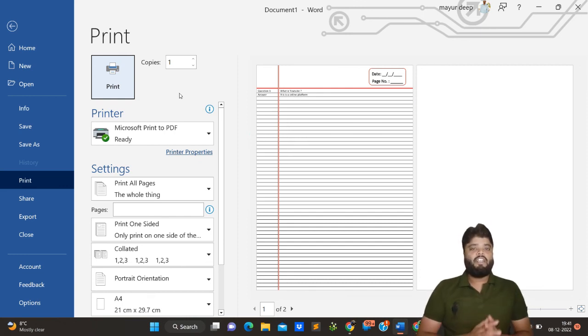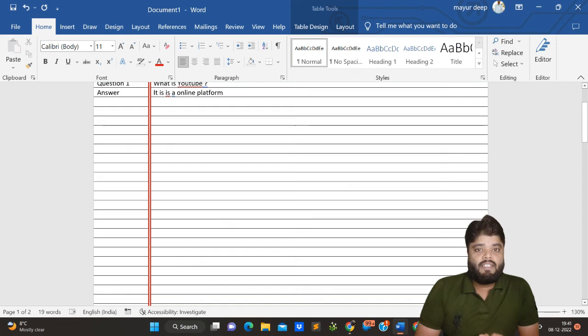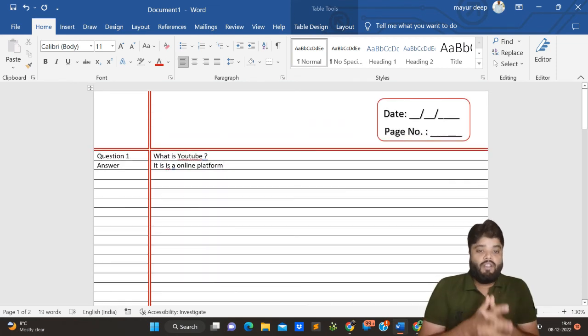So this was interesting, and I hope you guys learned how to make this notebook page using Word. Okay,